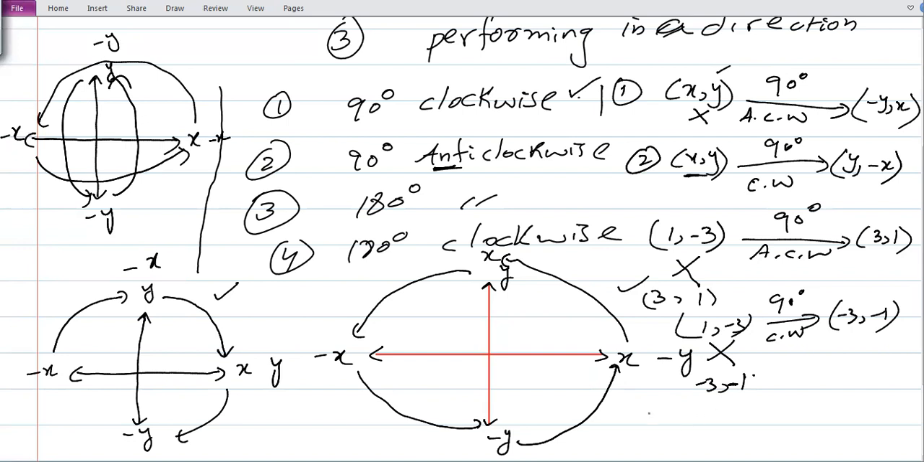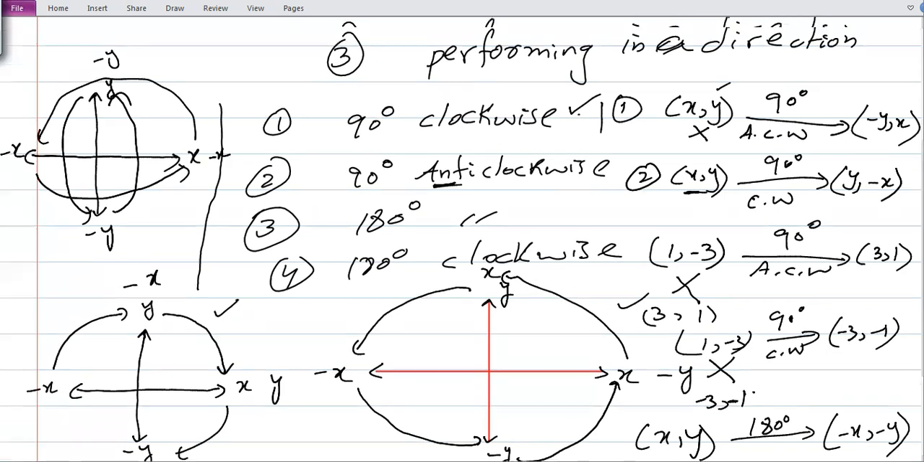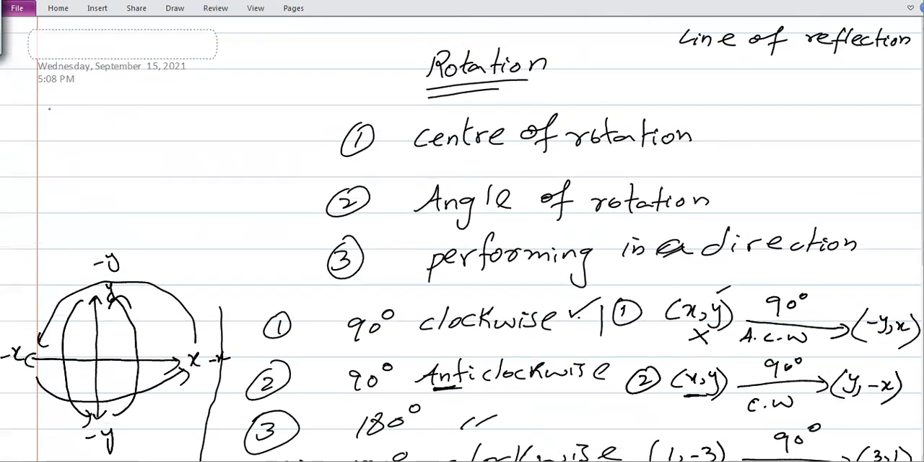So if you have a point (x, y), for any situation of 180-degree, either clockwise or anti-clockwise, it will become (minus x, minus y). So these are the three rules for the rotation. Let me write them in a clear place so you can remember them. Rule number 1 is